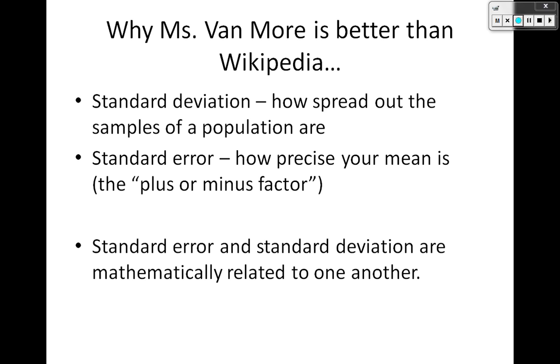Standard error is how precise your mean is. So it's the plus or minus factor. You can think of that as your mean is still an estimate, because it's an estimate of the data you took. And standard error is a way of calculating what that mean could actually be if you happened to take different data. Where a lot of you are familiar with this is on your SBAC scores, those sheets you get. It'll say like your score was, and I'm going to totally make up these numbers,